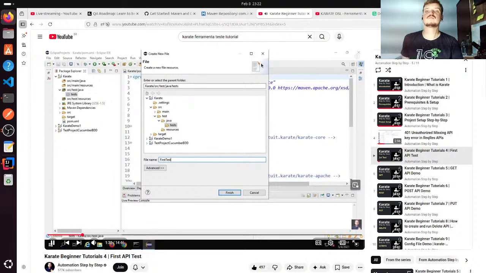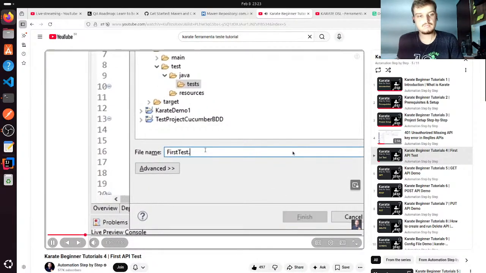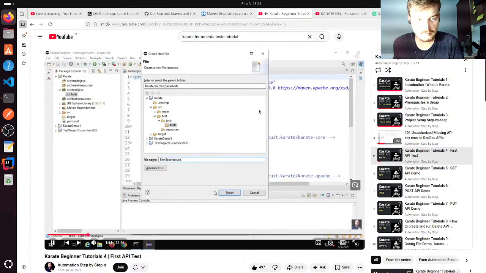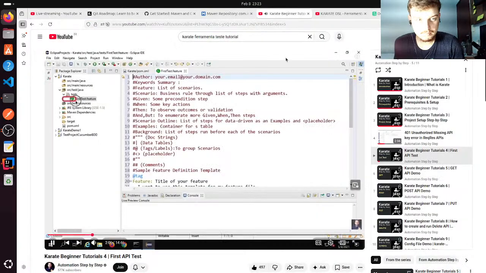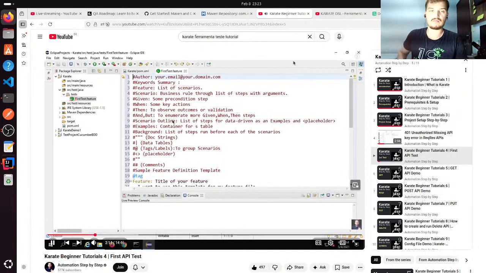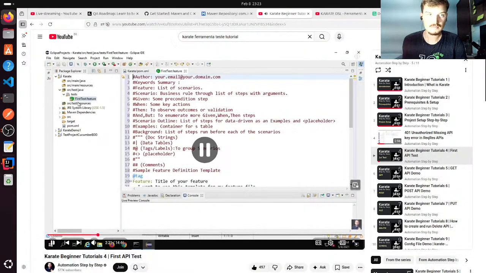any name. I will say first test and then give an extension .feature. Say .feature because this is going to be our BDD feature file. Then give any name with extension .feature and say Finish. Now at this moment, in my case, you are seeing that it changes the icon to a Cucumber BDD icon for the feature file, and it also gives me some sample data here. In your case, if you do not get this, do not worry. This is because I have already added a Cucumber plugin so that it can recognize the files with